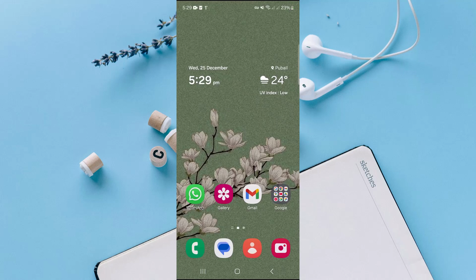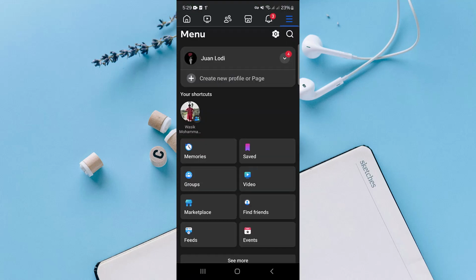In today's quick video you're going to see how to lock Facebook profile officially. So to do that, head over to your Facebook application, and once you're there, make sure you're logged into your desired account, and then head over to the three lines icon on the upper right corner, and then go